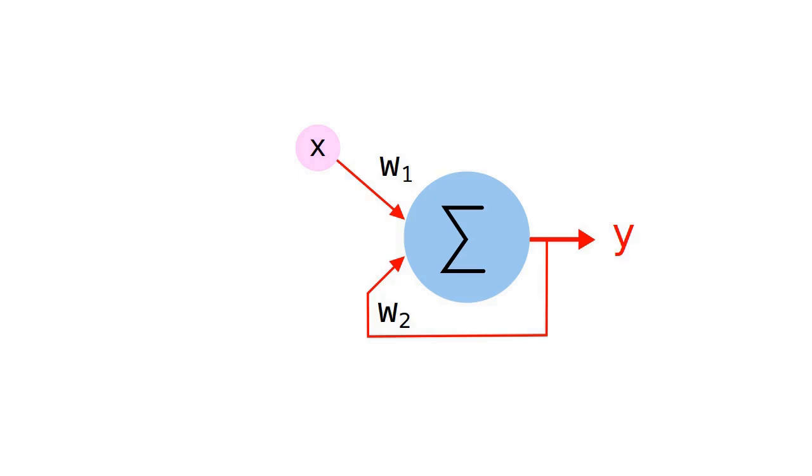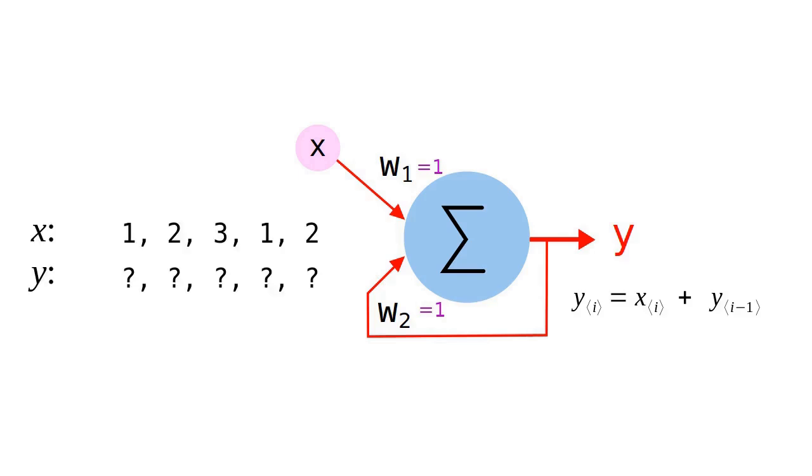Let's consider a formal neuron with a feedback loop. The neuron operates in discrete time steps. For simplicity, we assume all the connections have a weight of 1. If we are given a sequence of values for the input x, we can calculate the output y. If the initial state of the neuron is known, which is normally assigned a random value or 0,